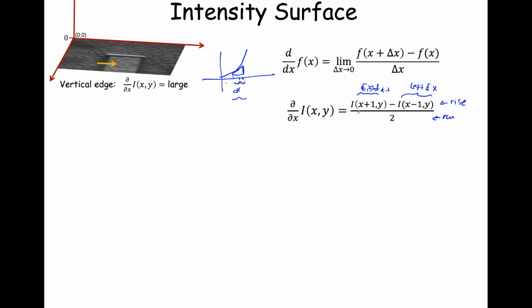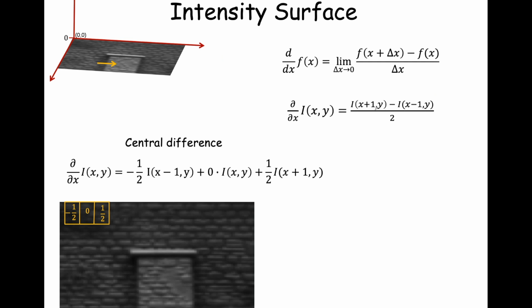This is the discrete approximation to the partial derivative of our intensity surface in image coordinates. So now we take this expression for the partial derivative d/dx of I of x y,